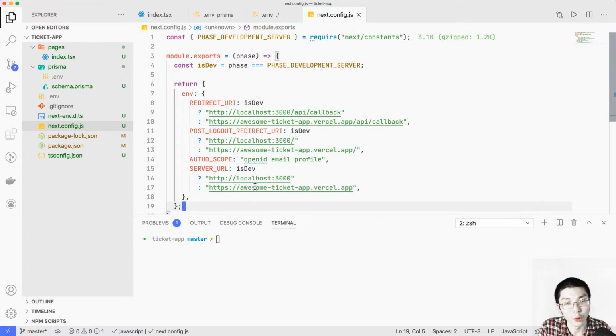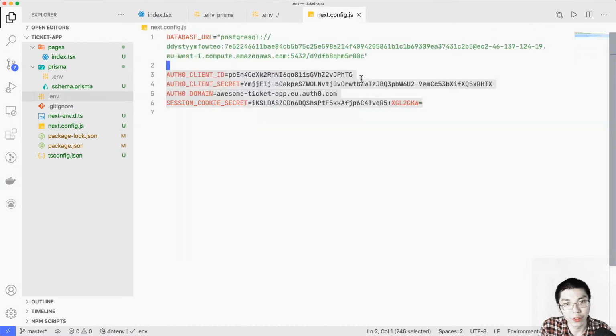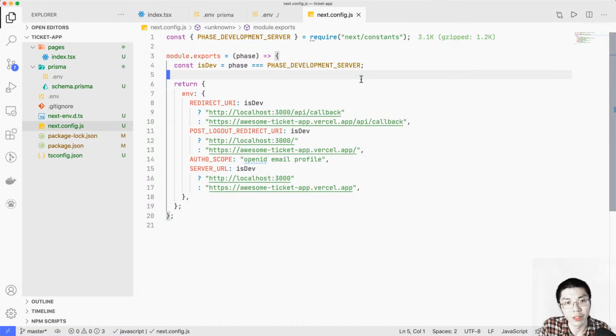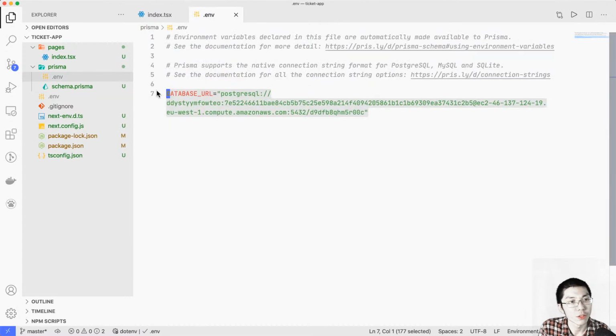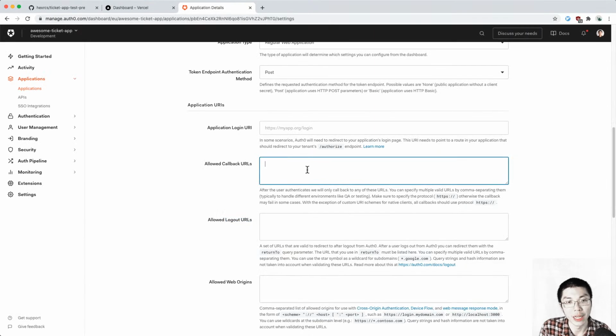This is what we're going to have here. Those are the environmental variables that we need to use depending on the build phase. There's also a staging phase, I believe, with Next.js, but we're not going to use it in our project this time. So now we have this, but in order to use Auth0, first let's go back here and actually add